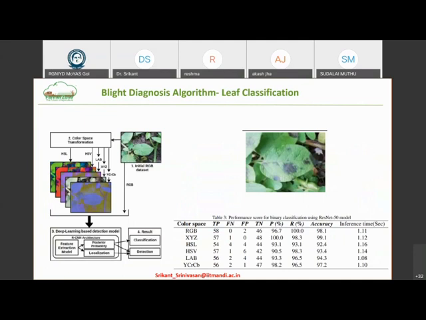And then one of the things we have developed actually is we have collected images of potato leaves from various places, Punjab, Himachal Pradesh, UP and all. And using that, we built another deep learning model using color space transformations. And we have come up with an automatic blight diagnosis. So blight is a disease in potato which basically wipes out the entire crops within a few weeks. So if this is not caught on the right time, a farmer can completely lose his field. So we have come up with some algorithms, you can see the numbers here. So with about 98 to 99% accuracy, we are able to capture when there is a disease in the plant in an automated manner.